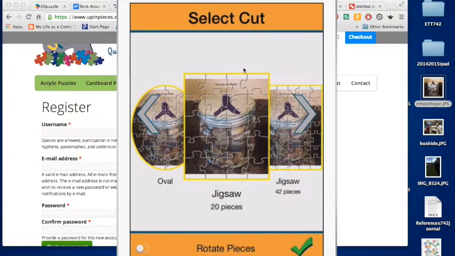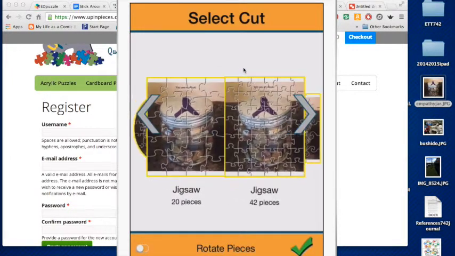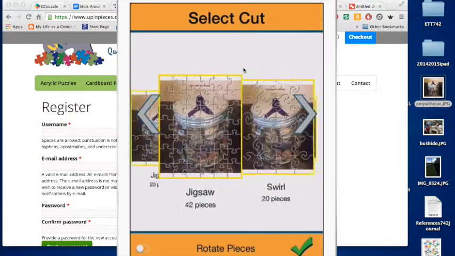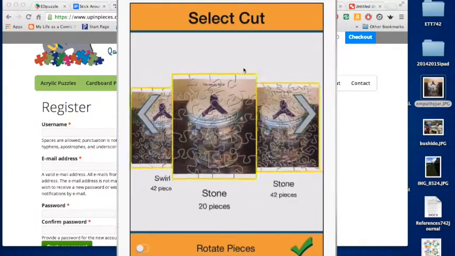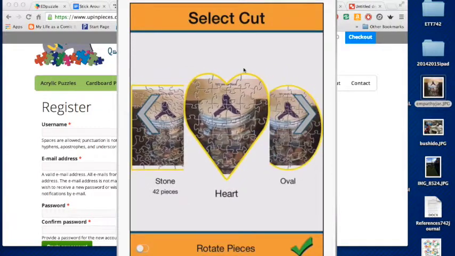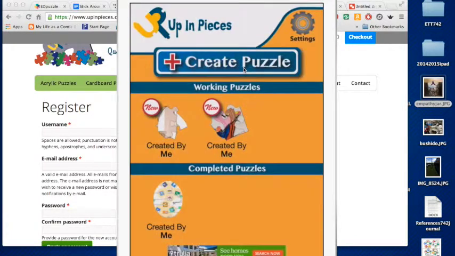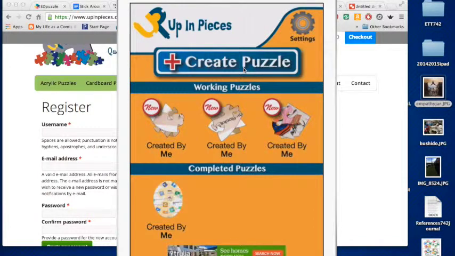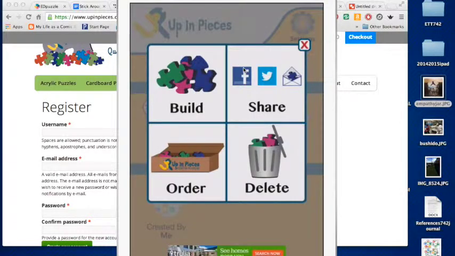Once everything's set, you can choose what shape or form you want to make it, from 20 pieces all the way to swivel of 42 and oval. In this case, I'm going to go with a heart puzzle since we're talking about feelings and empathy. Once I check it, Up in Pieces will create it. And what's so great about this is you can share and upload this picture directly to your Google Drive. You simply go to Share,